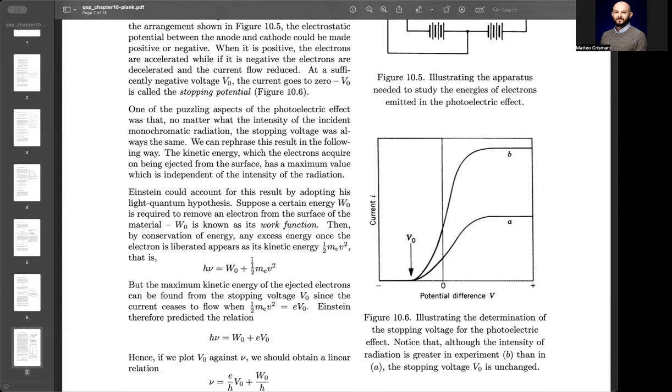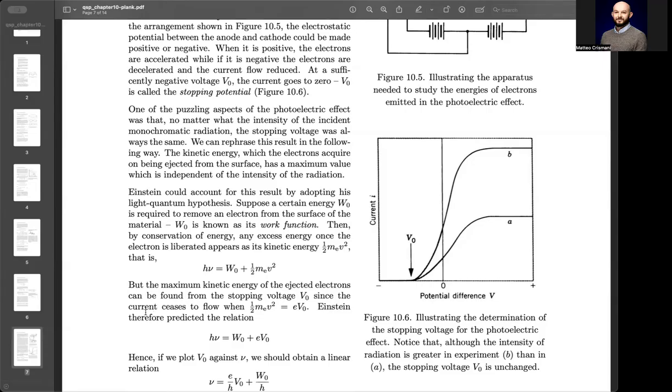Okay. So let's imagine that you have some amount of work necessary to remove the electron, and then the electron has some speed. That's sort of a natural thing. And that'll be equal to the thing that we use to liberate the electron, which is just the light. So the maximum kinetic energy